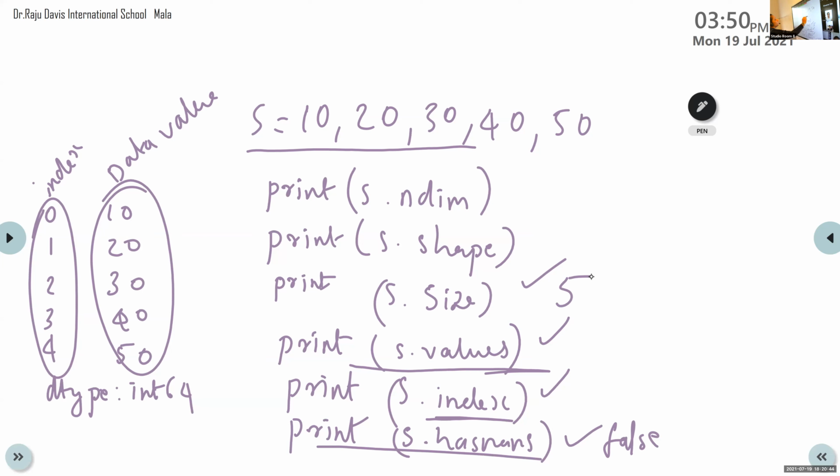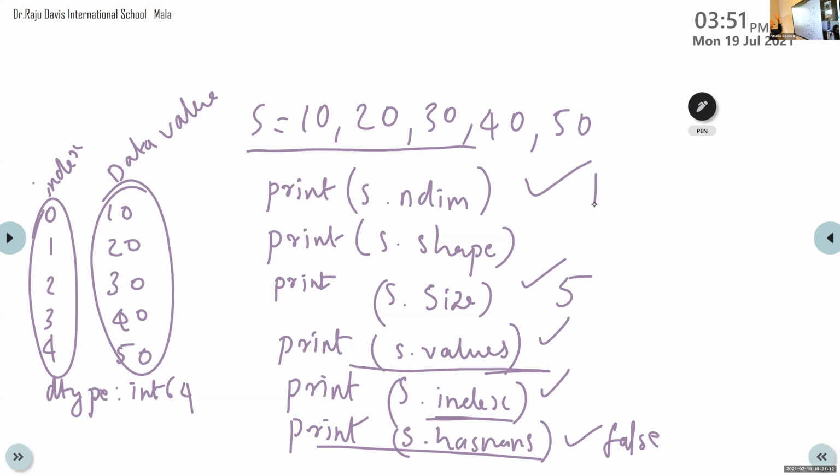Then what about ndim, Meghna? The number of dimensions. What is the result? 1 dimension, that is 1. The output is 1, because in a series ndim is always 1. A series is a 1D array, as we discussed at the time of the definition.